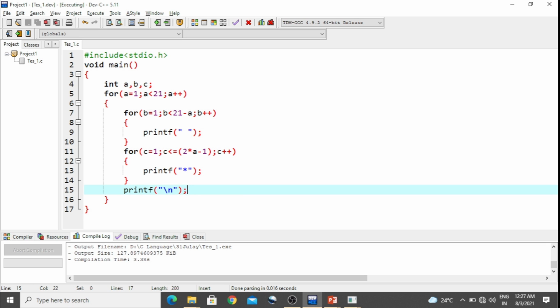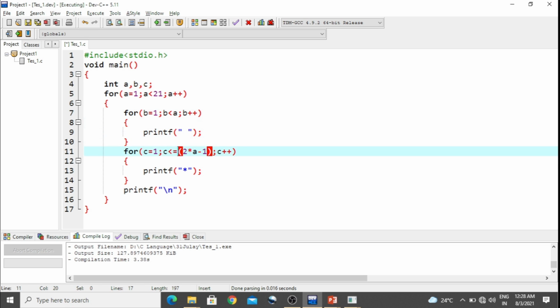To print the reverse pyramid, we need to make some changes in this particular program. We need to print all stars in the first line, so the blank spaces will be fewer. For the first line we'll take the condition B strictly less than A, so that the blank spaces in the first iteration will be 0.